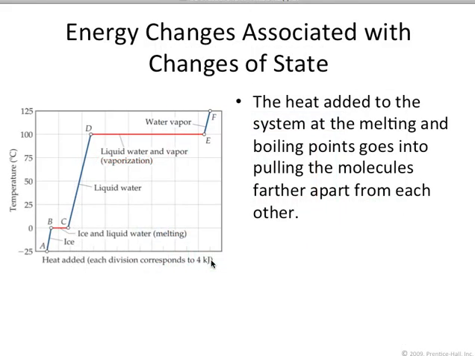Something you haven't seen before, though, perhaps, is this kind of graph. This is looking at the phase changes and what's going on between the kinetic energy and what you could call the potential energy of the system. If I start off, and this is water, starting off at negative 25 degrees Celsius, if I increase the temperature and I add heat to the system,